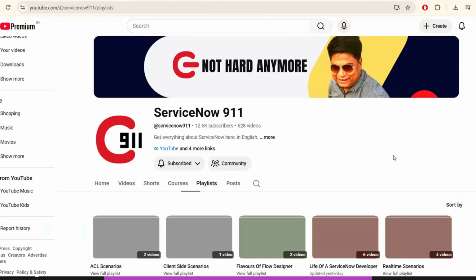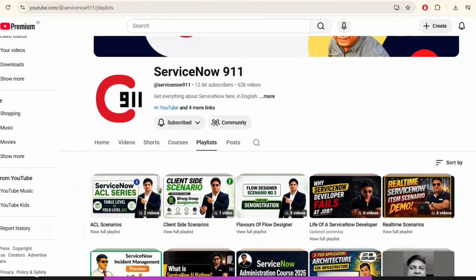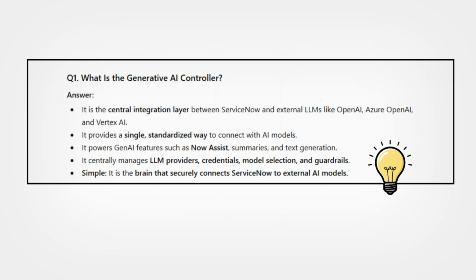Okay, so now let's get started with generative AI controller. Question number one is, what is generative AI controller in ServiceNow and why is it such a key piece in AI platforms? Okay, so generative AI controller is basically the connection brain between ServiceNow and external large language models such